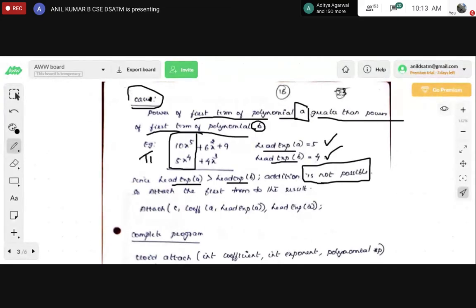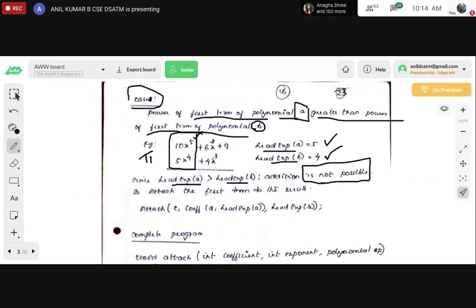Here in this case, if this is greater, the addition is not possible. So what do we have to attach there? In the previous case, when the polynomial addition was a success, what did we attach there?